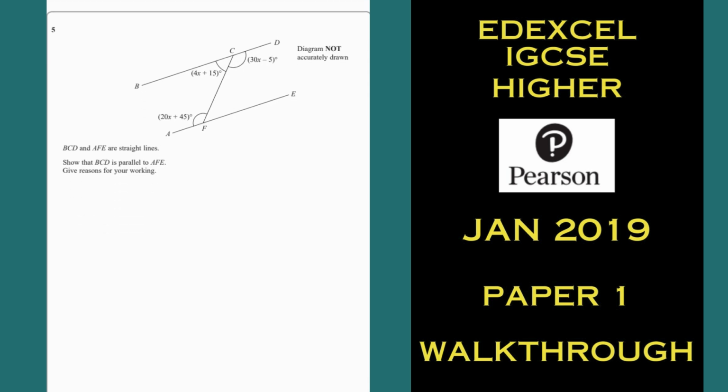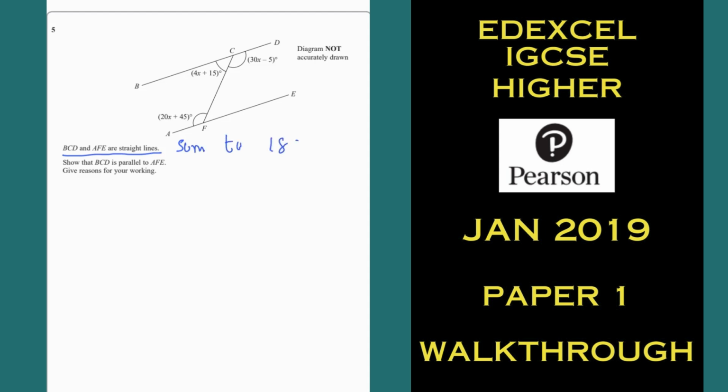Number 5. So key thing here, give reasons. All right, don't just, people always assume and go, oh, it was obvious. No. All right, so start off. It wants to show they're parallel. So the assumption you cannot start with is that they add up to 180. That's where you need to end up. Because when they add up to 180, you can refer to them as co-interior angles. But that can't be your starting point. Your starting point has to be, these are straight lines. Straight lines